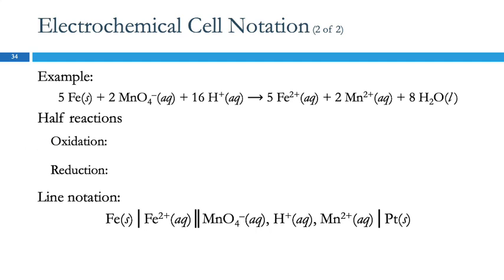Oxidation is loss of electrons. Reduction is gain of electrons. So let's see if we can figure out what's gaining or losing electrons. Here we have iron with no charge, and over here we have iron with a +2 charge. Is this iron losing electrons or gaining electrons? It's losing them. So this is going to be the oxidation reaction, because this is being oxidized, it's losing electrons. So I've got the 5 Fe solid,